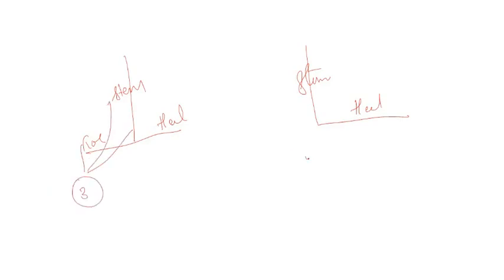We have the stem, the toe, and the heel. In an L-shaped retaining wall we have only the stem and heel. In the T-shaped wall we design for three parameters: one for the toe, one for the heel, and one for the stem. Here it is only for the two. There is not much difference between them.